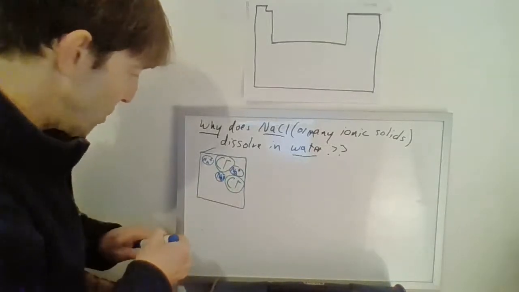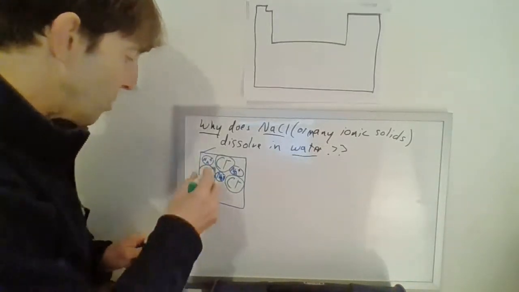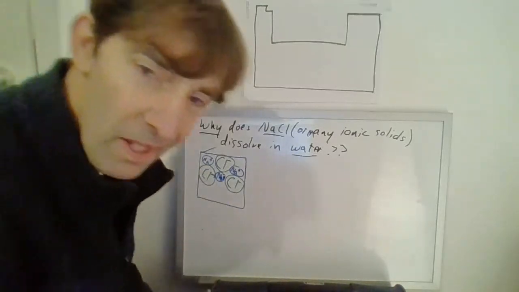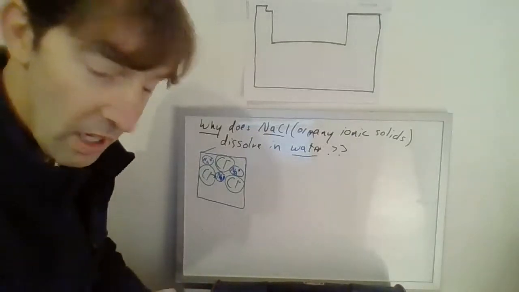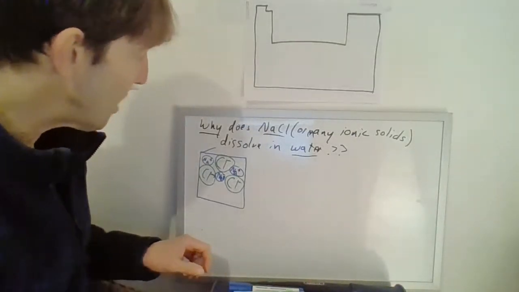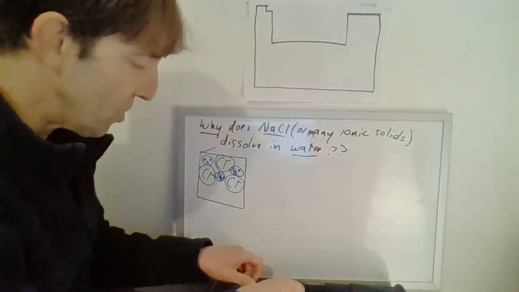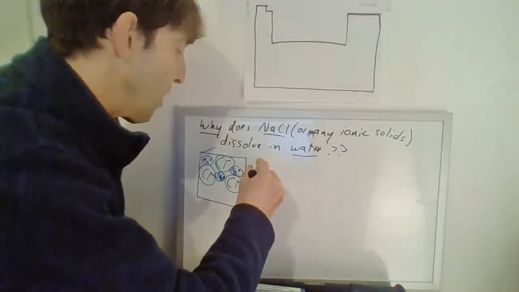We'll draw one more just for grins, but you get the idea, okay? And remember, Cl minus is bigger because it's got an extra electron that makes it bigger. That's why I don't draw them the same size. Cl minus really is bigger. Okay, I'm going to put this in a bunch of water, so let's see what happens. So I'm going to draw a giant beaker. Ready? Here's my beaker of water.